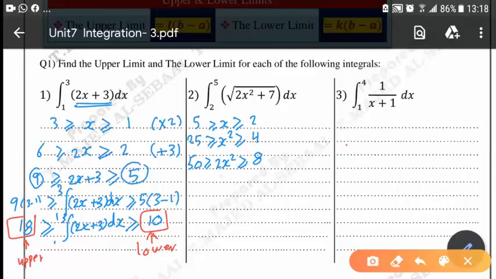Okay? So it's going to be 2x squared plus 7. This will be 15, and this will be 57. Then you can take the root for all the sides. So root 2x squared